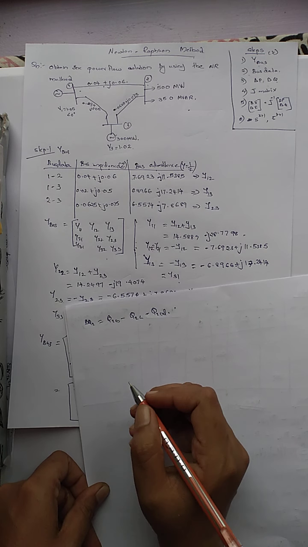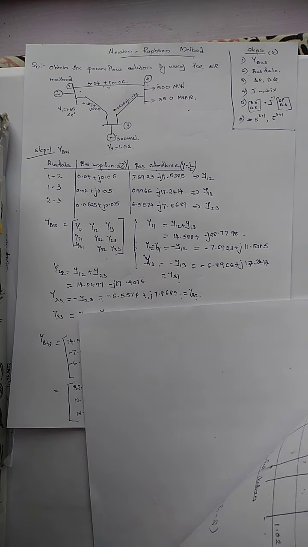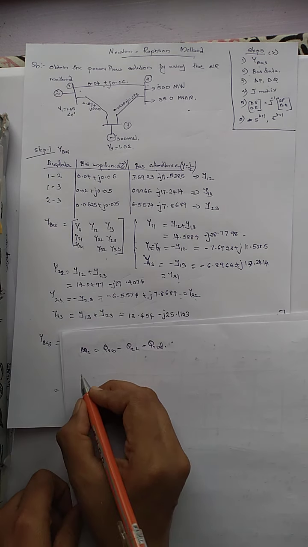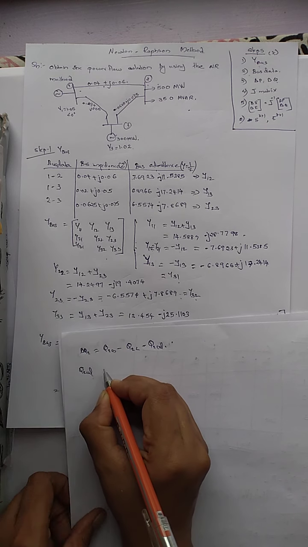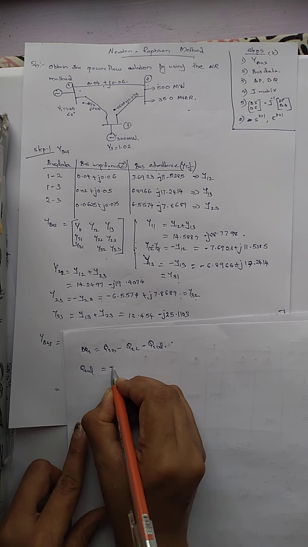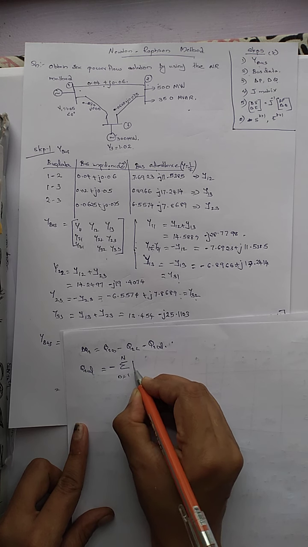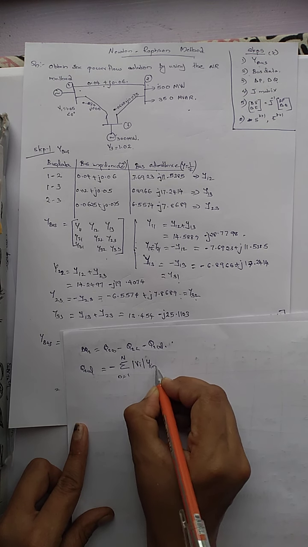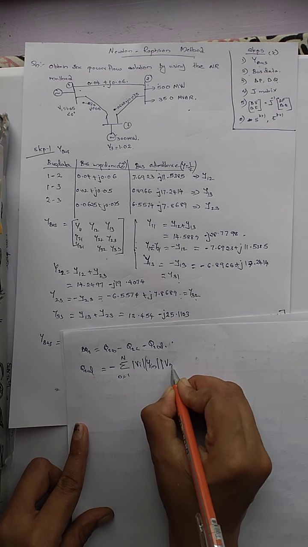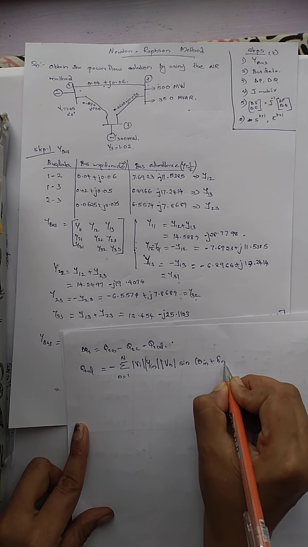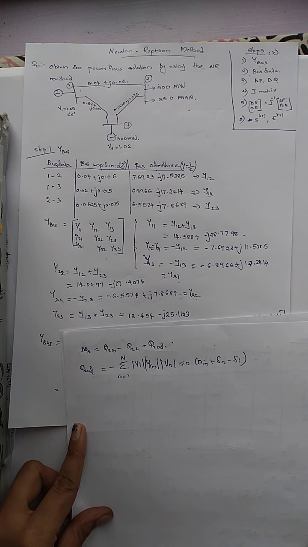For that, I have to write out the equation for Q2 calculated. So Q2 calculated is equal to minus of sigma n is equal to 1 to total number of buses Vi Yin Vn sin theta n plus delta n minus delta i. This is the equation for